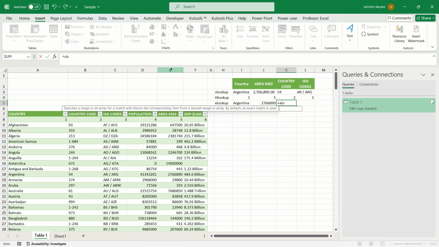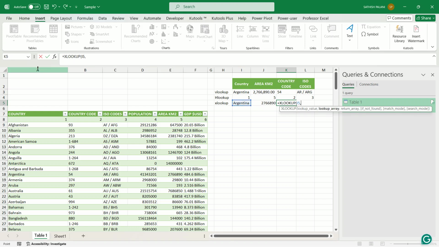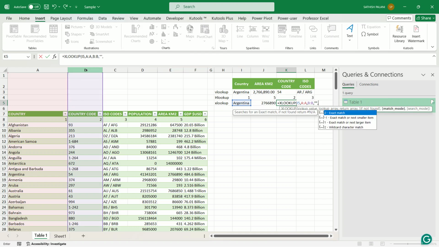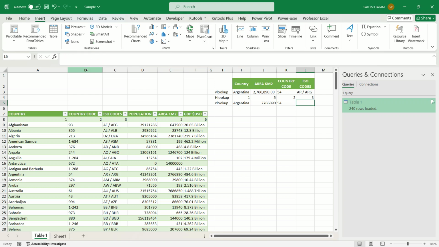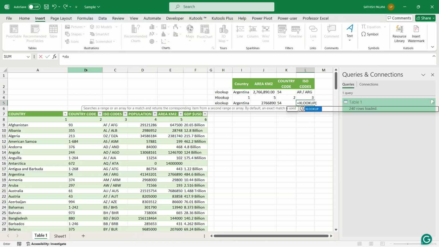And then if you use the same formula XLOOKUP and you are looking for Argentina, from this place you can find it, and you need the answer of country code. You can just select this return array and then comma. If not found, give a space and then the exact match, so give 0 and then close it. Then for ISO code, XLOOKUP of Argentina,